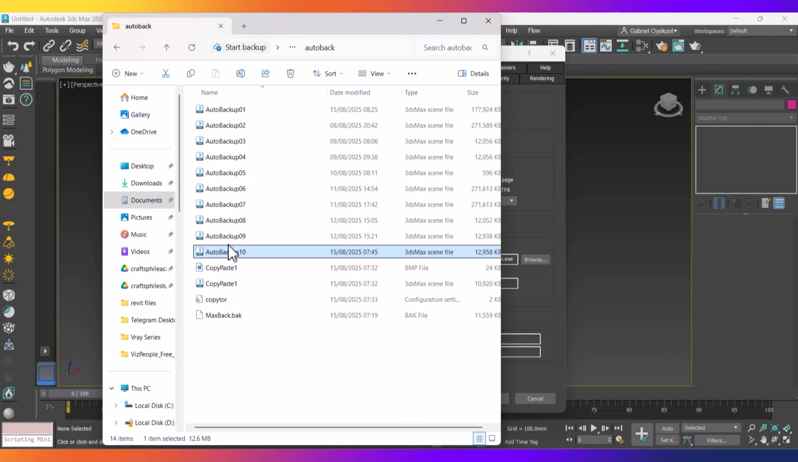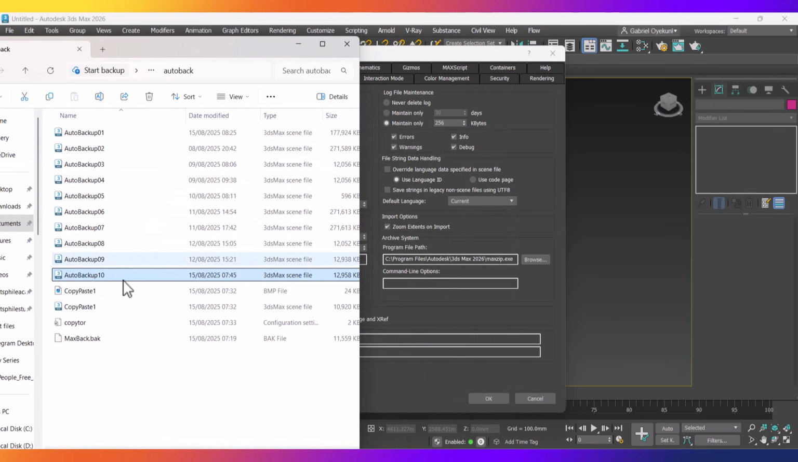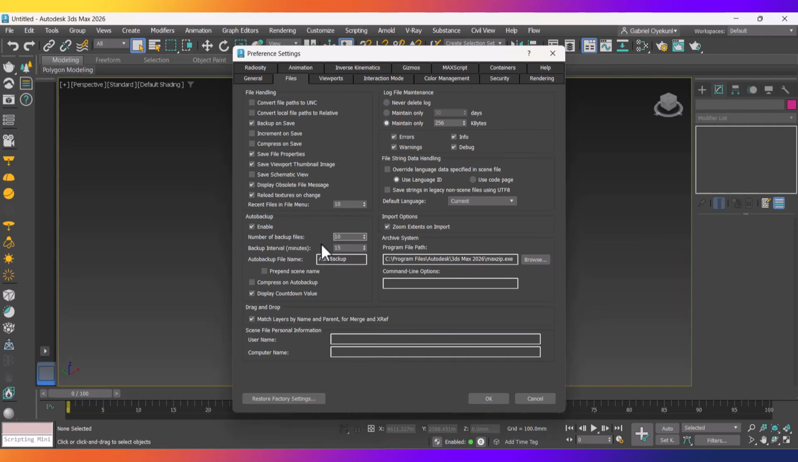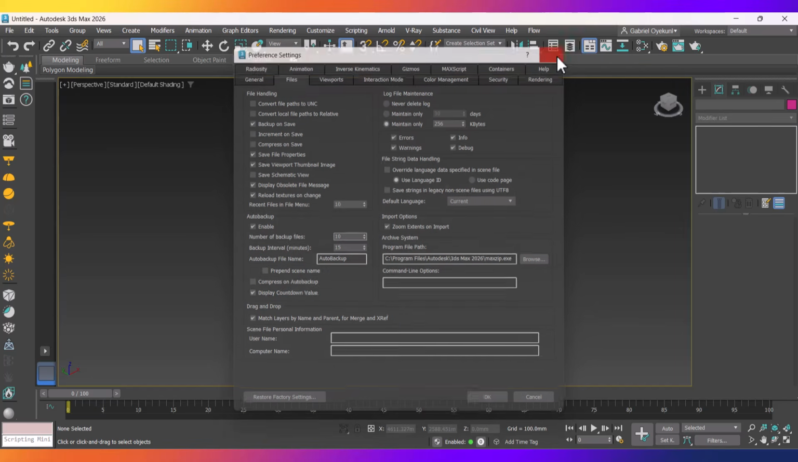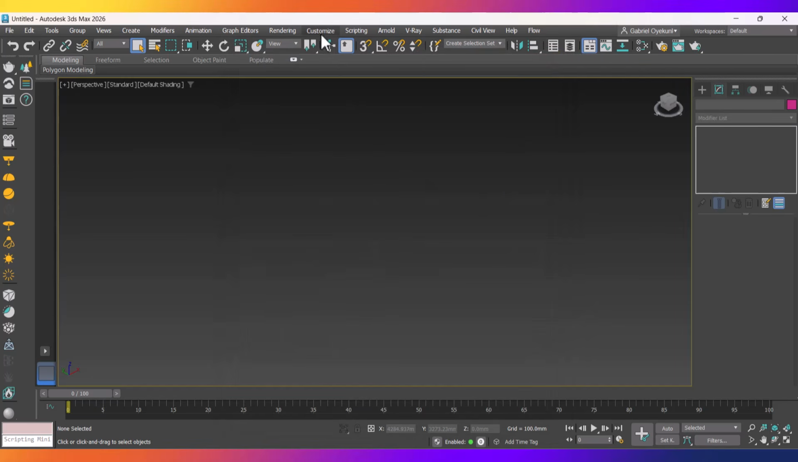So it's going to create 10 auto backups, and when it reaches 10, then it will replace 1 again, it will replace 2, it will replace until it reaches 10 again, then it will replace again and again and again. So I prefer it that way, and that's what I set there. So the next thing to set is